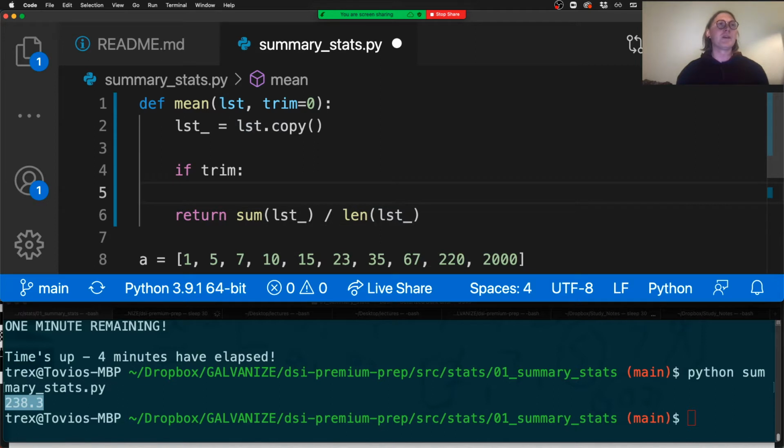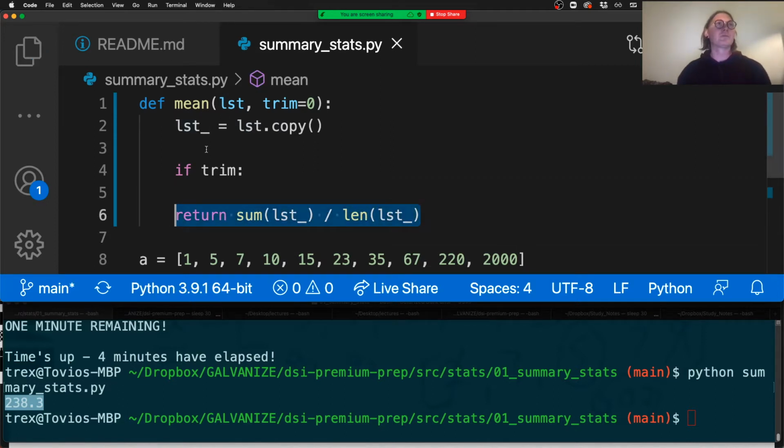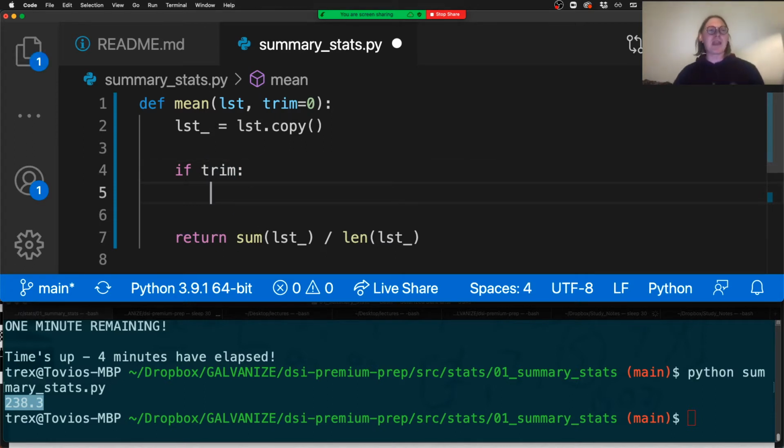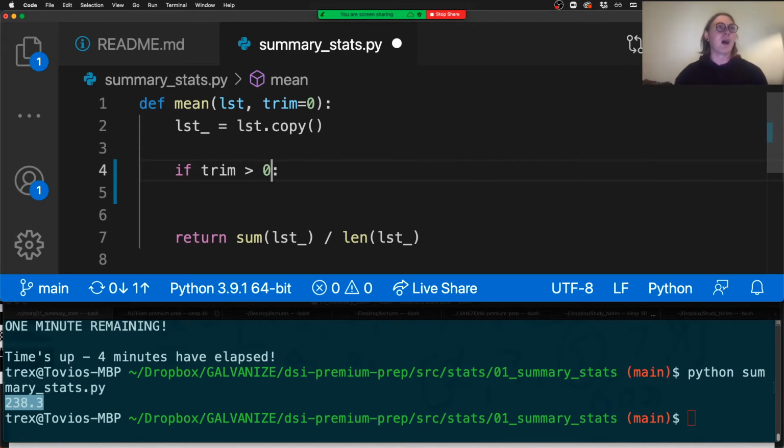So no matter what, we're still returning. Well, I could leave this as list if. Sorry, I'm over explaining here. So if trim, or I can say if trim greater than 0. Those are actually equivalent statements because for us, 0 is Boolean false. It would be more Pythonic to say if trim, but I'm going to do if trim is greater than